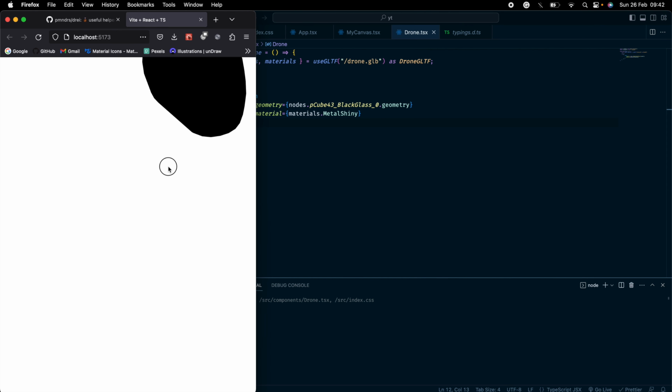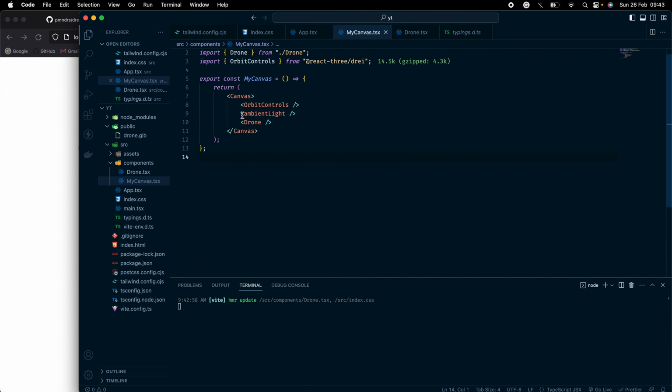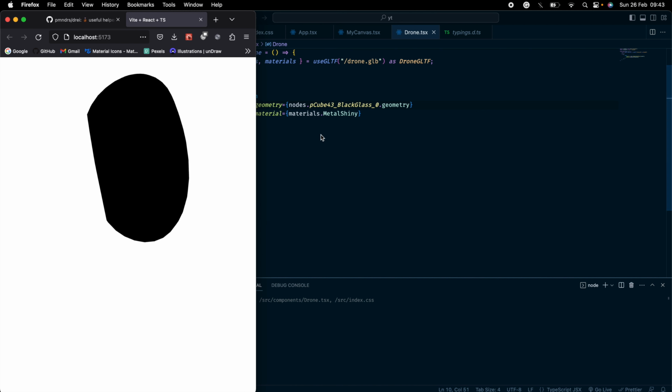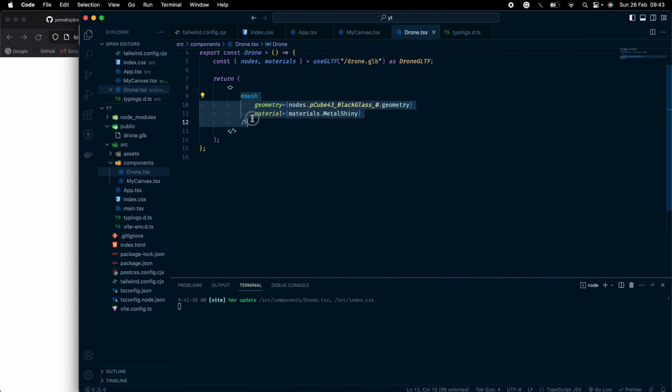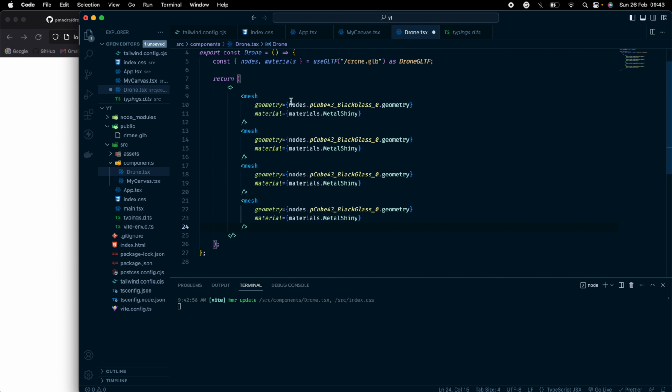See everything. Okay, so we are getting here something. Have I imported the ambient light? Okay, so this is basically the helmet which we have right here. Next, we'll have to now bring in the individual body parts. So I'll copy some and just change some properties here. So this will be pcube43